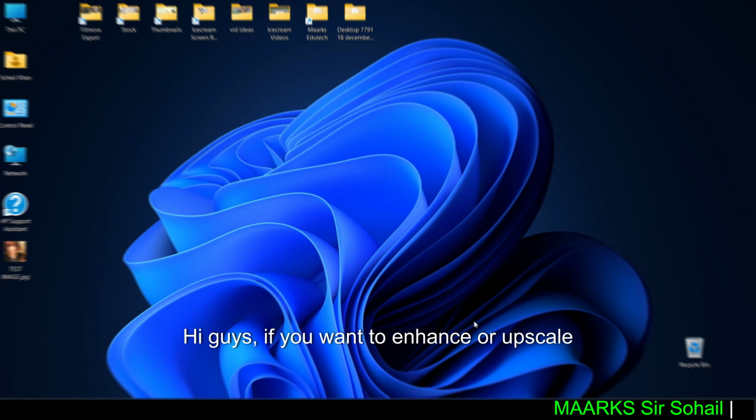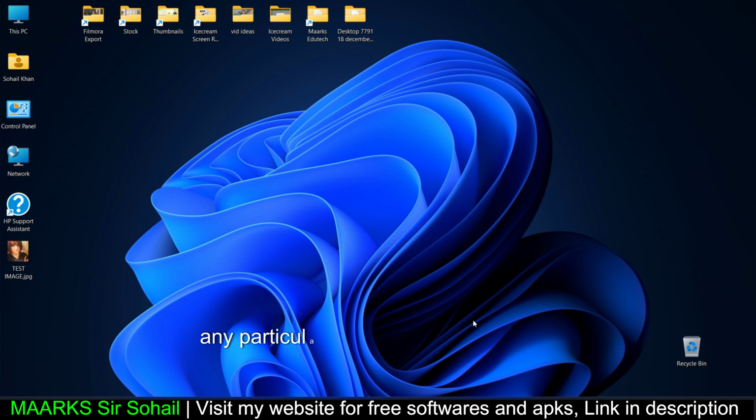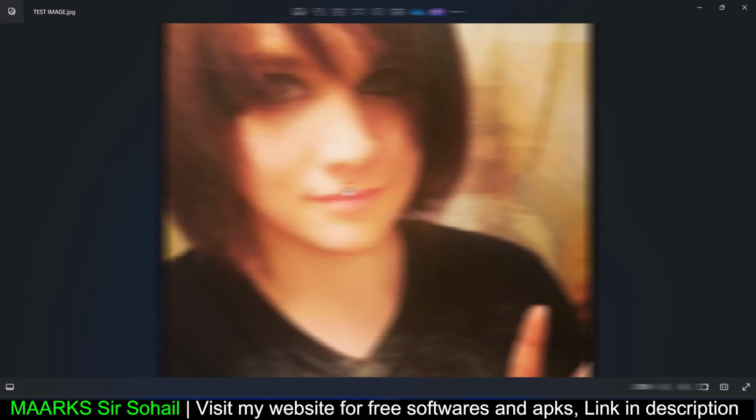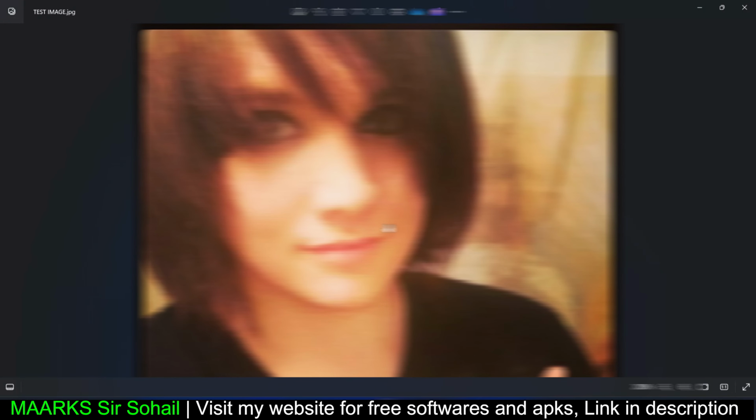Hi guys, if you want to enhance or upscale any particular image, you don't have to spend hours on it. I'll tell you a simple trick. So let me begin with an example. This is one image and you can see it's a very pixelated image. It's a blurry image. So I'm going to change it, enhance it and upscale it, and it will look sharper and